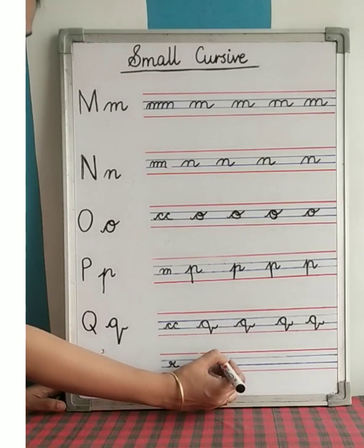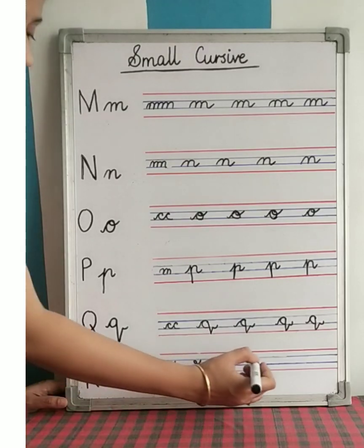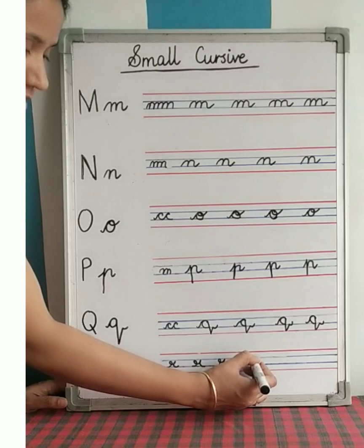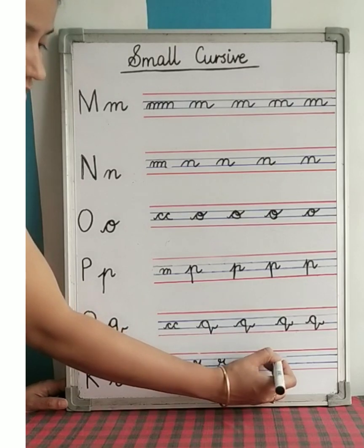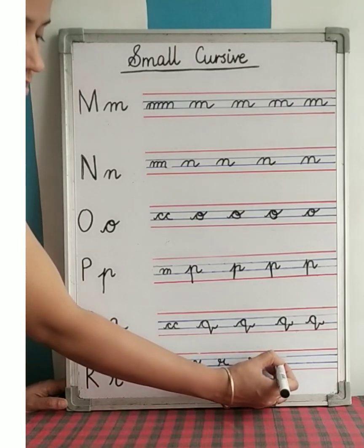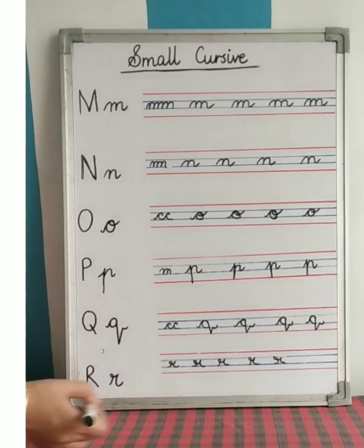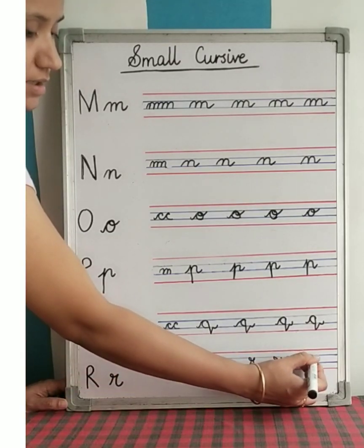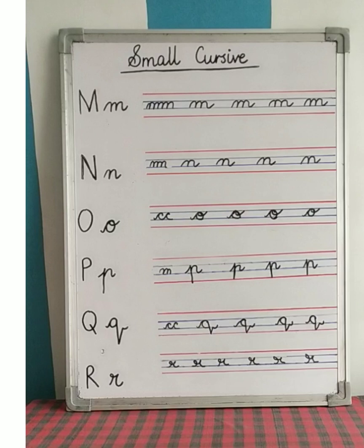So first we will draw a curved line. Then a curved line upwards. And one more curved line opposite to it. Like an inverted C first, then a curve towards upward, and then a straight C like this. Curved line, then a curved line above, and then a curved line opposite like this. So students, you will practice them all at home.